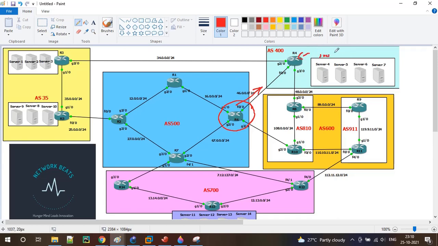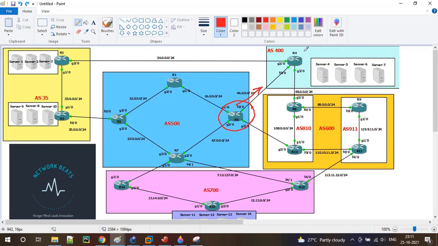This weight is local to the router. It is not going to be exchanged with anyone. Let's say I have some router over here and I have connectivity to that router. Even then, the weight is not exchanged with the router, even within the same area.